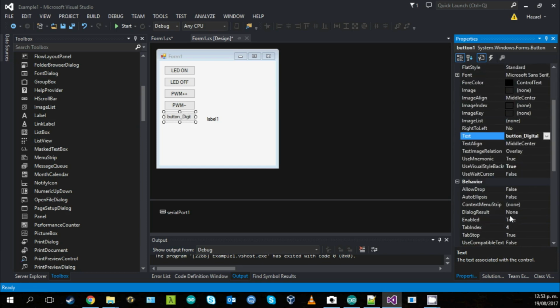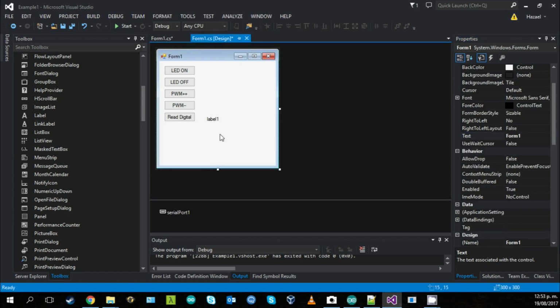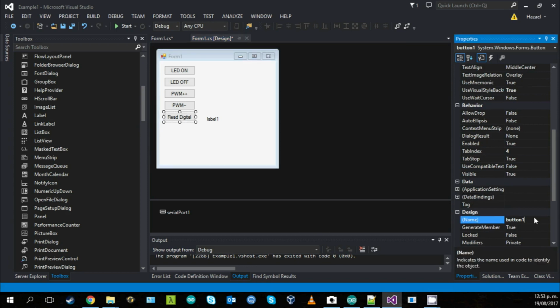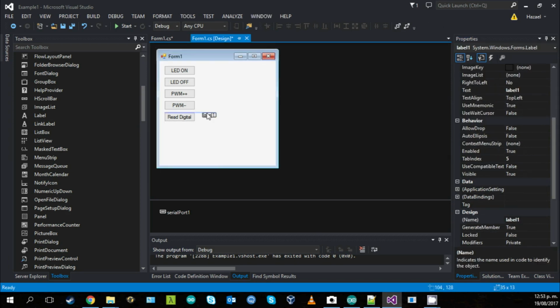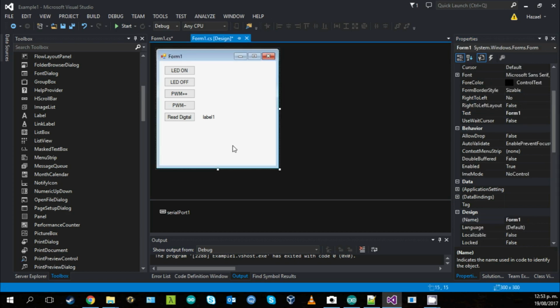And the text is, oh jeez, I changed it correctly. Read digital is the text, and the name is button digital. I will also change the name of this label to label digital,